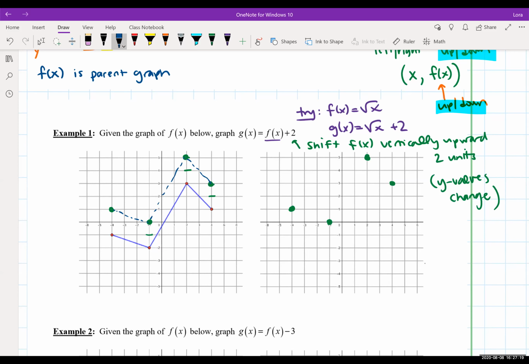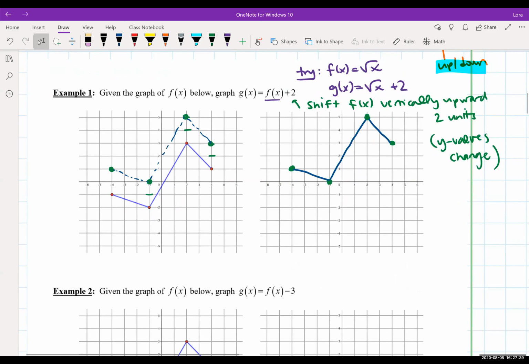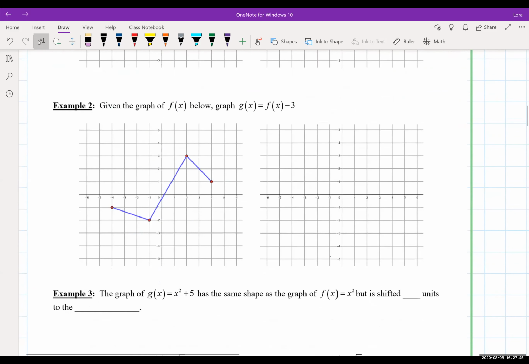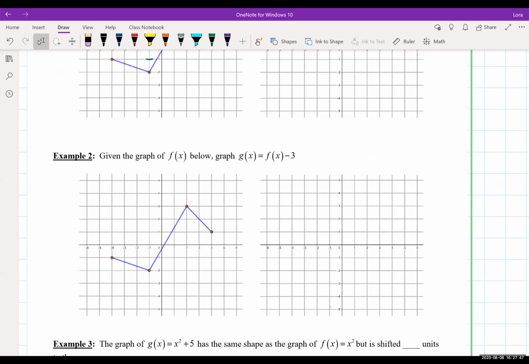Okay. So that's kind of seeing what your graph is. Now you can say, oh yeah, I did shift up 2 units. Let's make sure we draw that formally. So you can connect each point with a straight edge or do the best you can with drawing the straight line. And now you have your transformed function. So take a little time with that. Let's do one more together